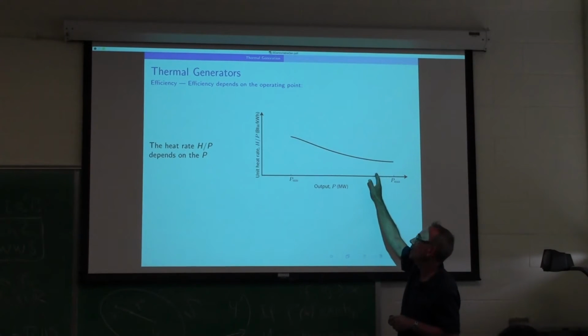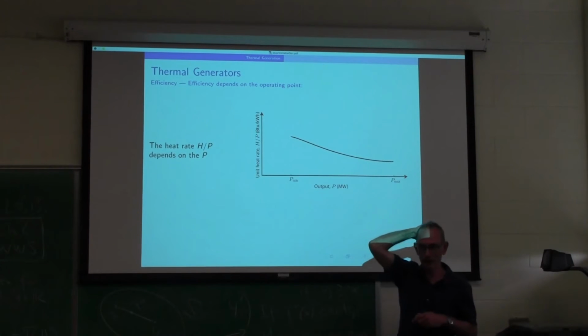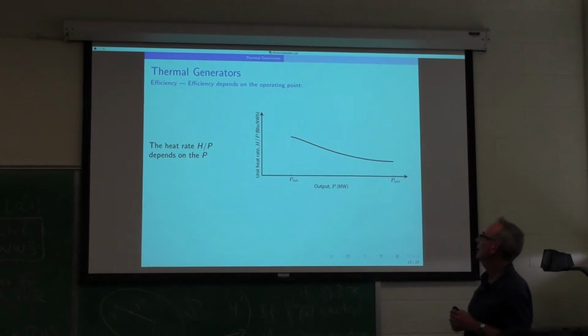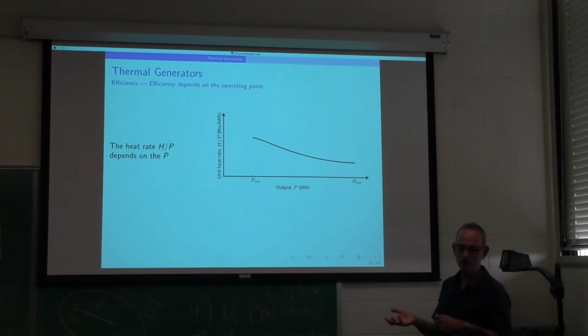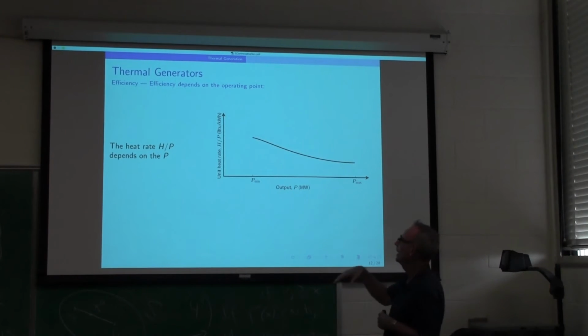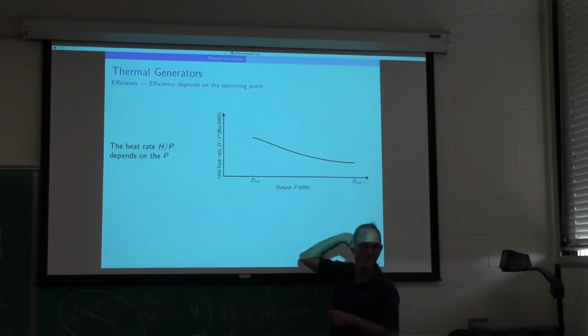And the heat rate gets worse as you go down. And how much worse, it depends on the technology. And that's a really important thing, because if generators are asked to combat the volatility of wind, say, and we saw that wind or solar has a lot of volatility, so they have to adjust their output up, down, they're all over the place. It can cost something,